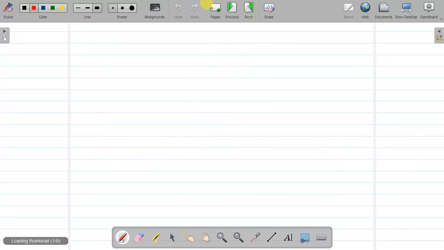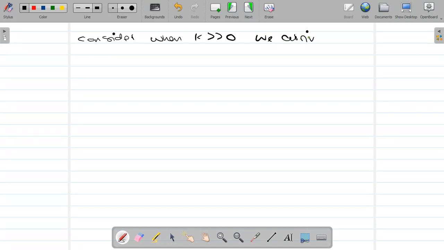Now we're going to consider, when I can find my pen, so consider, I'm just going to try and write a little bit more neatly. So consider when kappa is significantly greater than 0. Okay, so we arrive at